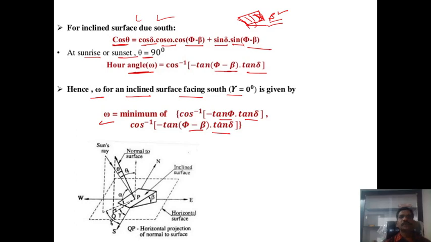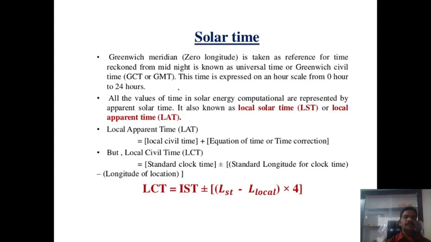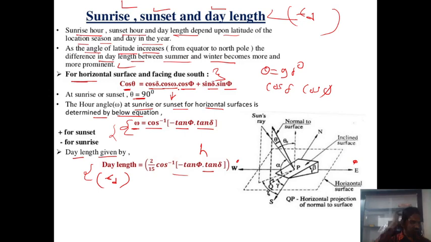And how do we determine this? By dividing this equation by which term? Cos delta upon cos(phi minus beta). So if you divide this term and this term, then we get this. And how much will this cos 90 be? It will be 0. Okay.